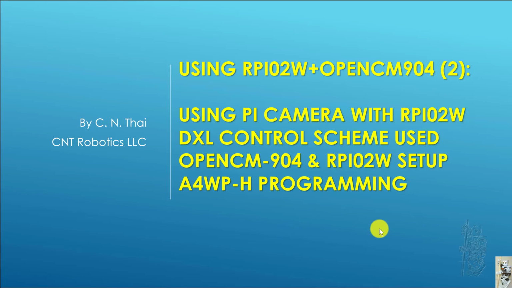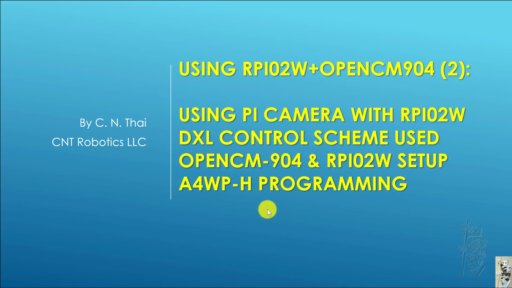Hello everyone. So for today's presentation, this is part 2 of my project where I try to use the RPi0-2W and the OpenCM904 together. Today we'll discuss how to use the Pi camera with the RPi0-2W. We'll describe the dynamic source control scheme that I use, how I set up the OpenCM904 and the RPi0-2W, and then some general programming aspects of the robot with